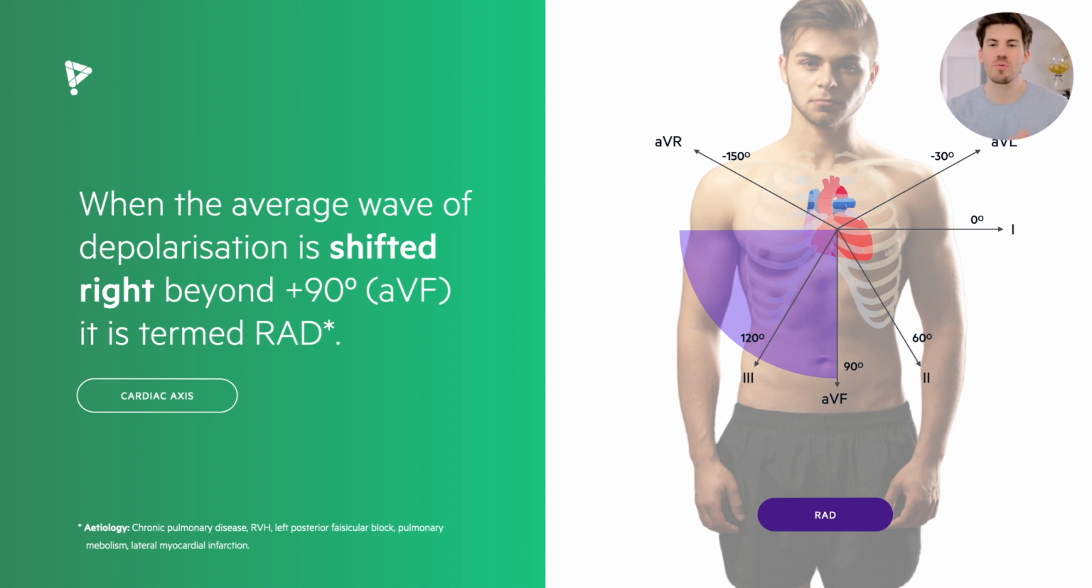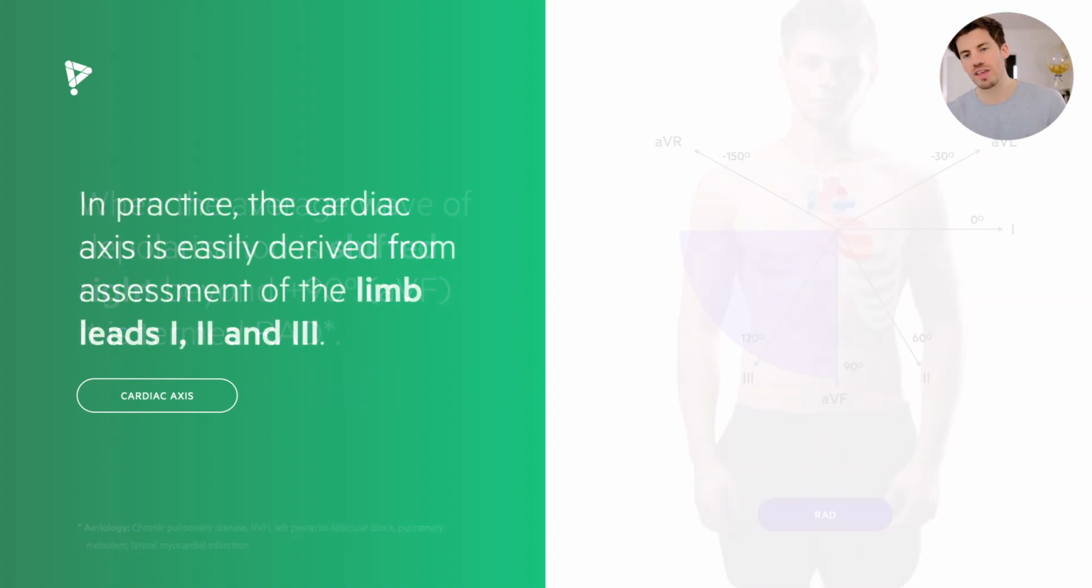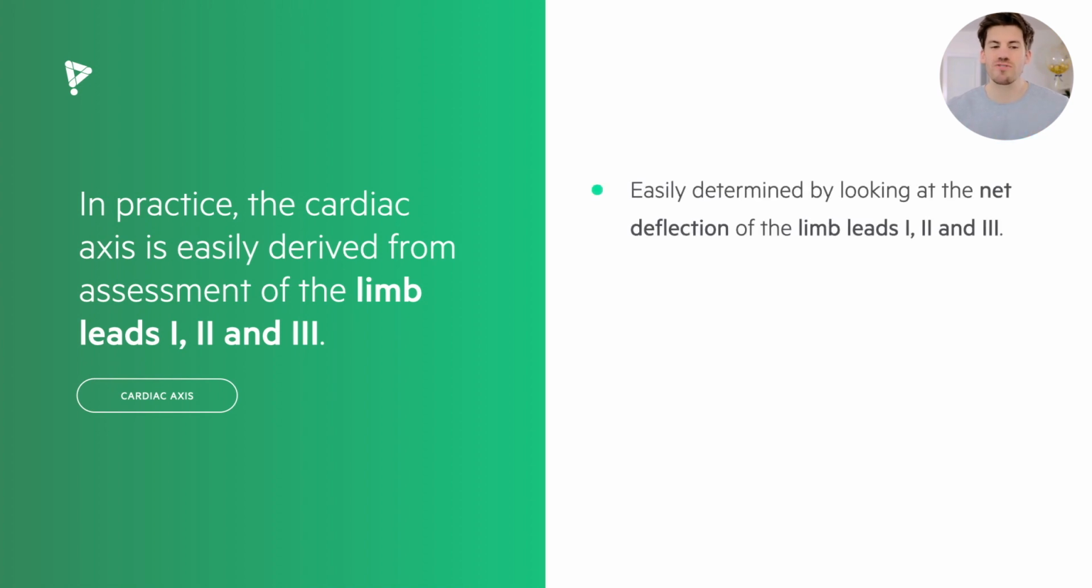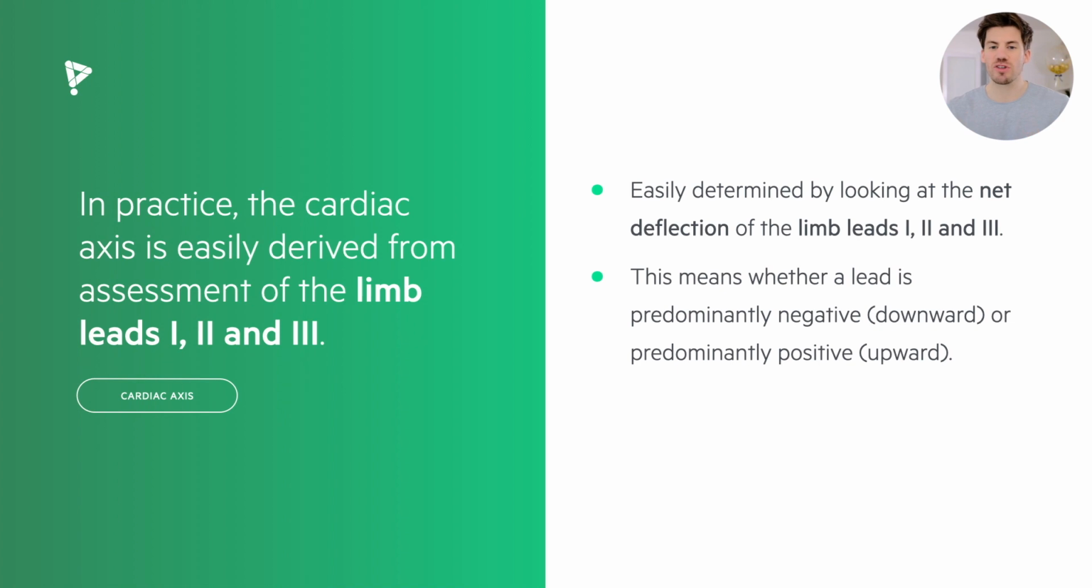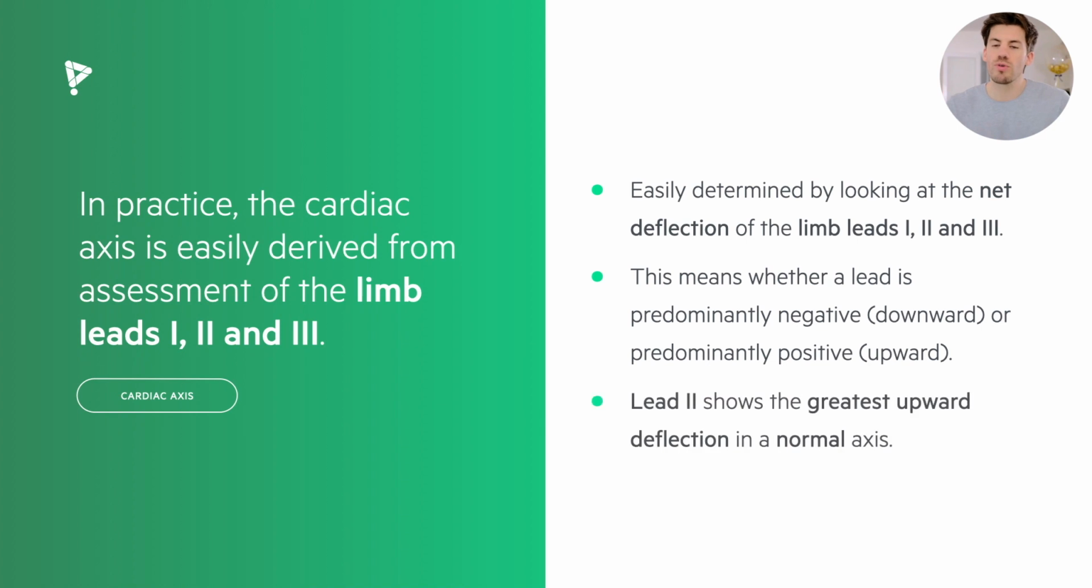So now, how do we work out if it's deviated to the right beyond plus 90, or how do we work out if it's deviated left beyond negative 30? So the answer lies in leads 1, 2, and 3. In practice, the cardiac axis is easily derived from assessment of the limb leads 1, 2, and 3. So what we do is we look at the net deflection of limb leads 1, 2, and 3. This essentially means whether a lead is predominantly negative or predominantly positive. And we can use that to then work out the